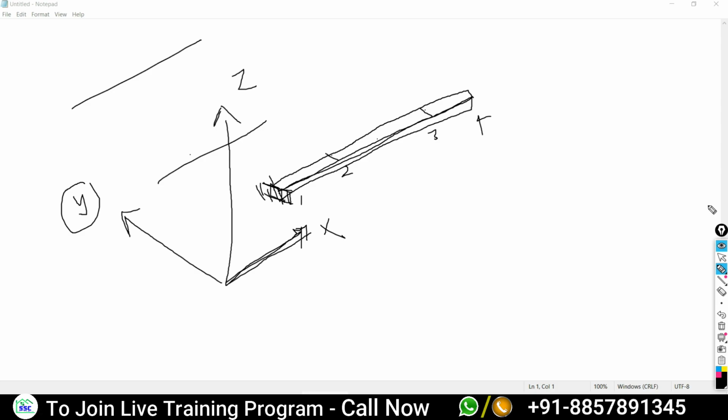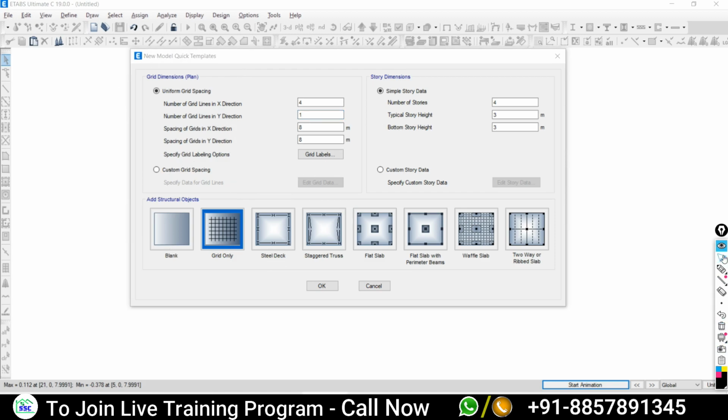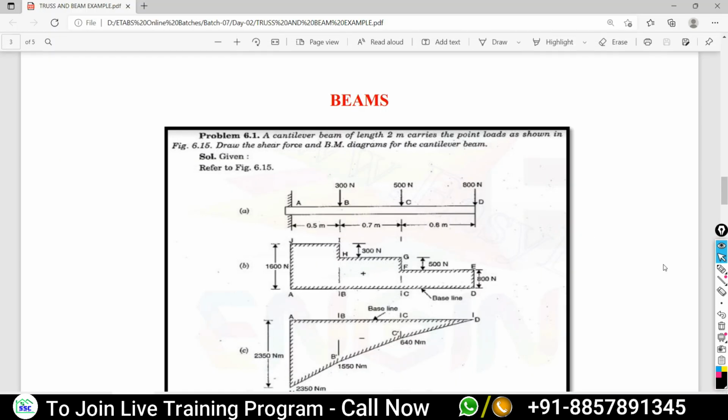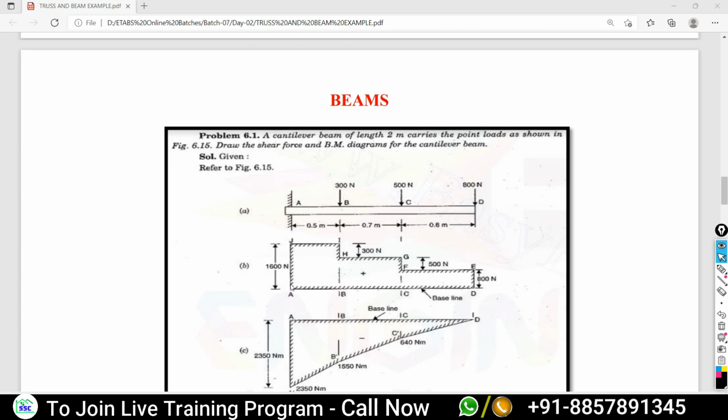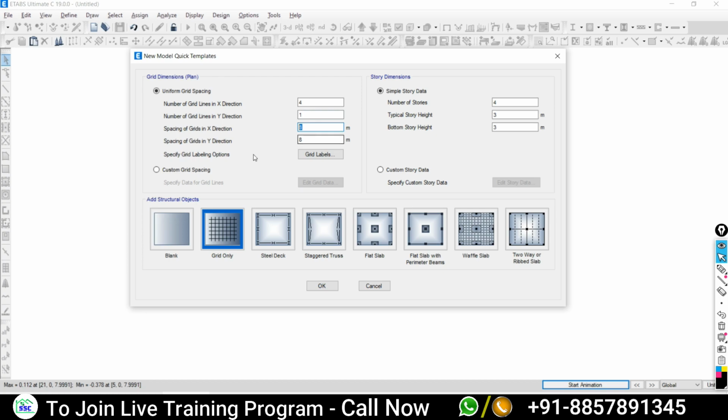Yes, sir. Okay, now go back to ETABS and clear all this. Along X and Y, what is the spacing of grids in the X direction? Tell me fast. Is the distance uniform or non-uniform? It is non-uniform spacing, obviously. About Y, let it be as it is, no need to do anything. About Y, change it to 1.